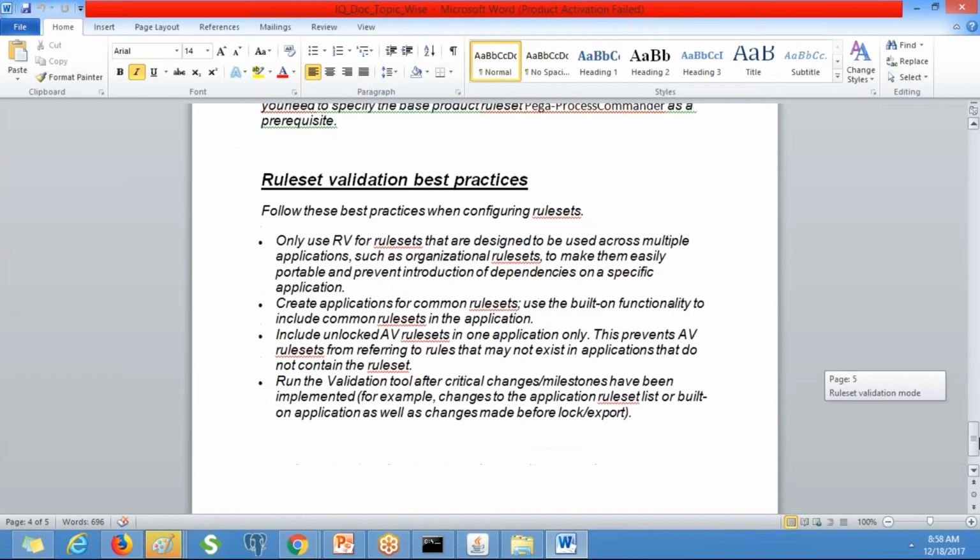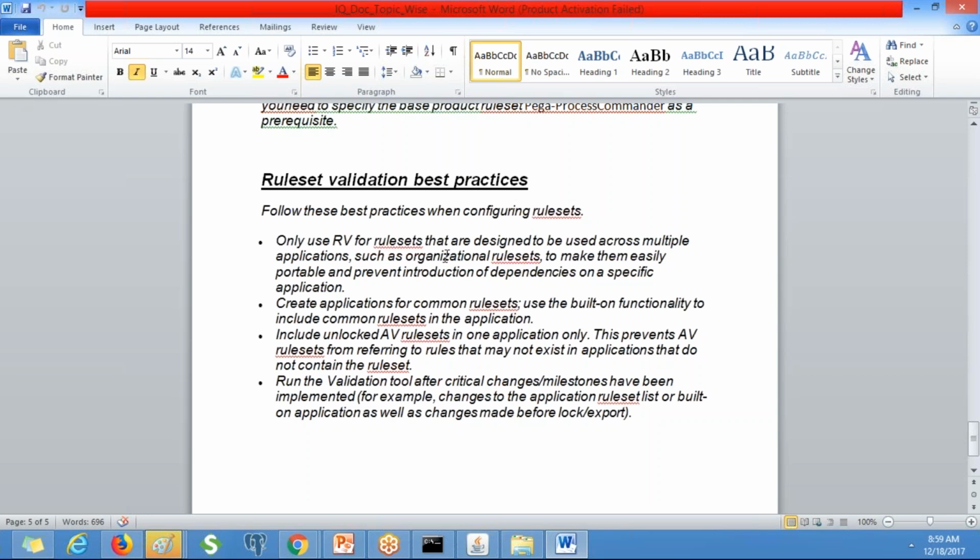I have given best practices also. Only use rule set validation for rule sets that are designed to be used across multiple applications, such as organizational rule sets. That is the reason when PRPC created organization rule sets, those have rule set validation.